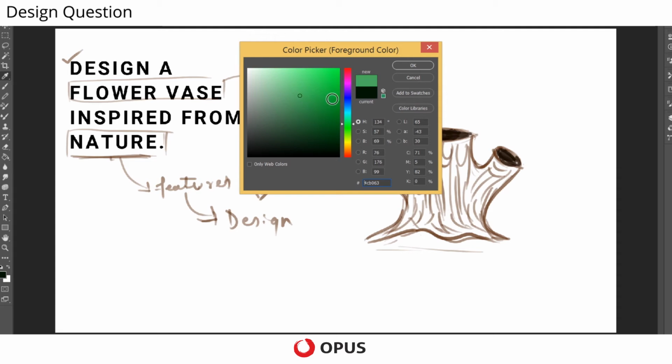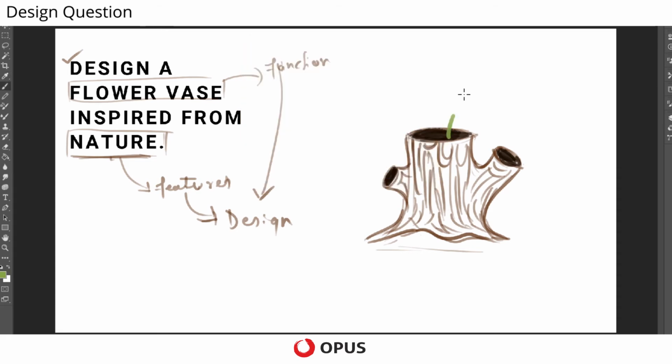Then I can take a color for the stems and start drawing the stems, which will give the impression that they are coming from inside.